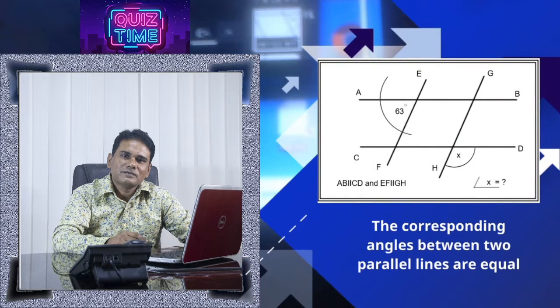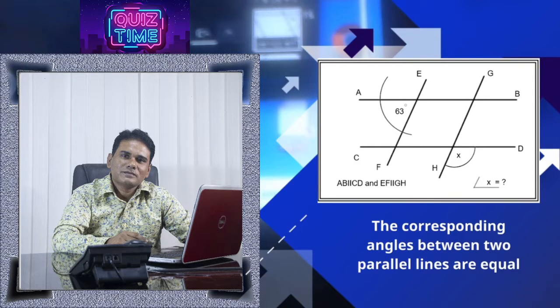Here two pairs of parallel lines intersect each other, and one of the angles is given, and you have to find the value of angle x. There are different methods, different ideas you can implement here to find the value of x. Like you can consider alternate angles equal, and then the vertically opposite angle, then we can get the value